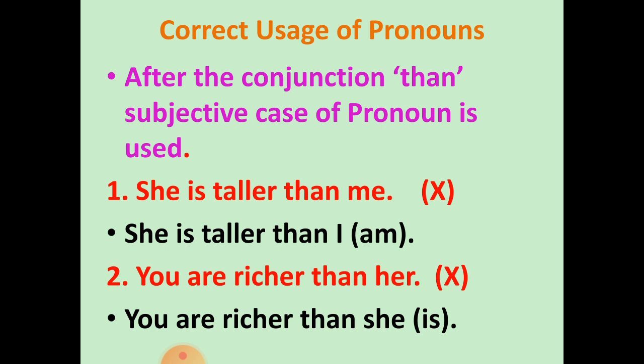So let's see the example. "She is taller than me." We normally say this, but this is an informal way to say it. So the right answer is "She is taller than I." Right? And "am" is given in brackets just to make you understand. So the right answer is "She is taller than I." If you are given "She is taller than," with a blank and the options I and me, you will fill in I. You will not use me because that is an informal way to say it.